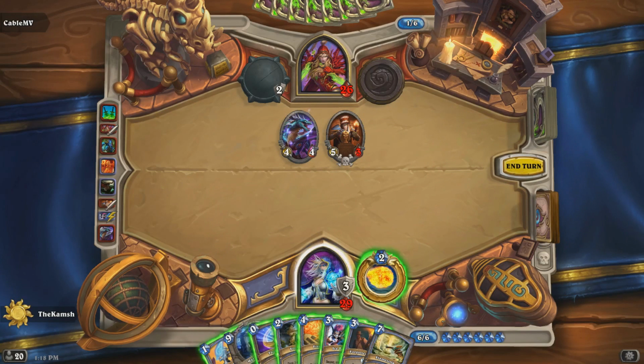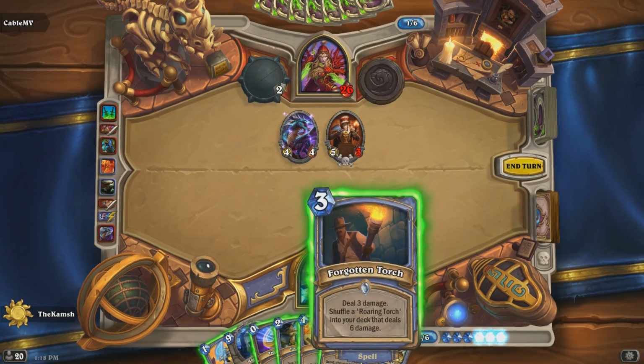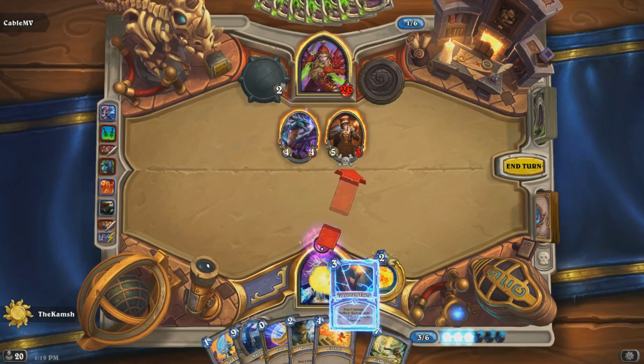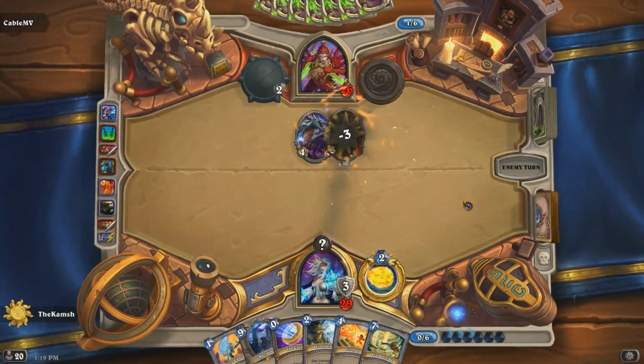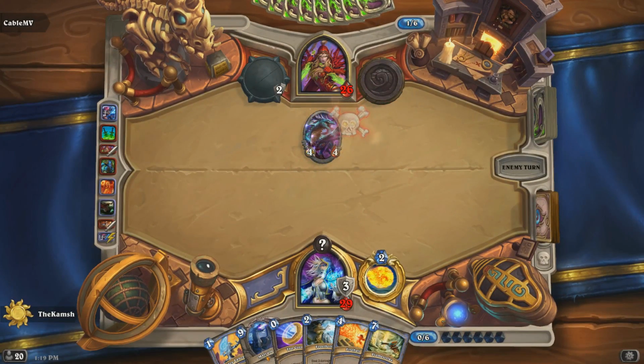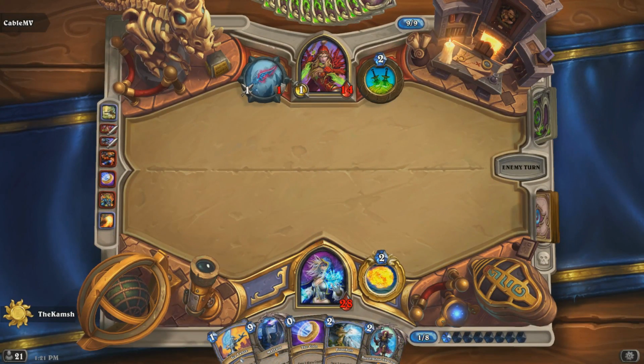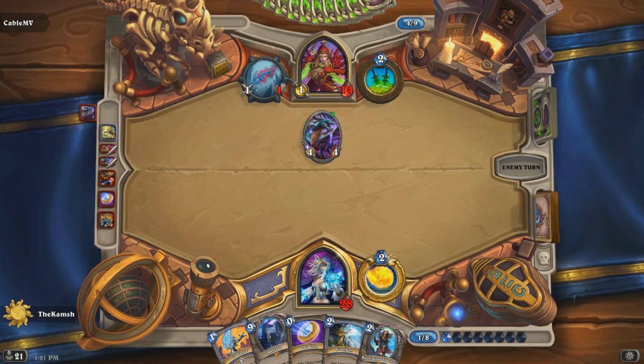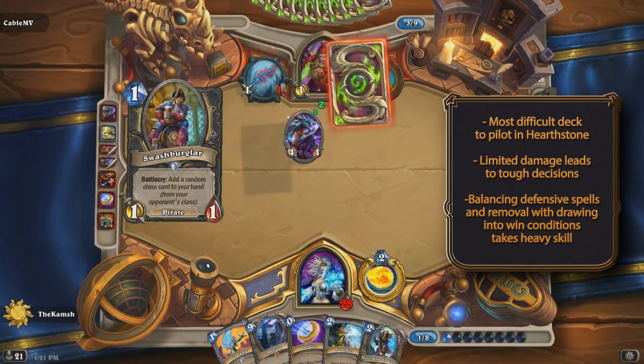Freeze Mage also runs into the difficulty that Control Warrior also shares, which is really just when to use your removal, how much you can afford to use it, and when you can afford to let things live. You know, you only have so many Frost Novas, so many Doomsayers, so much removal, and if you think you're going to need them later, or that if your opponent maybe has some way to play around it, maybe to kill your Doomsayer, you have so many things that you have to account for,